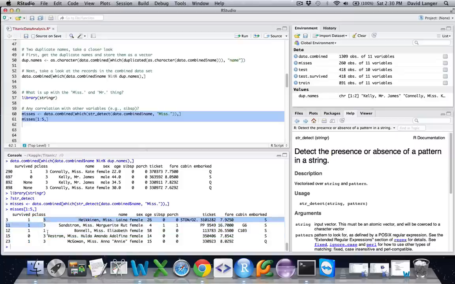What's even more interesting is that not only did most of the first 5 survive, 4 out of the 5 Misses that came back, but 4 out of the 5 Misses were also in 3rd class, which is even better yet, because as we saw, your survivability rates decline dramatically in 3rd class versus 1st class. So this is already getting to be pretty interesting from a data analysis perspective.